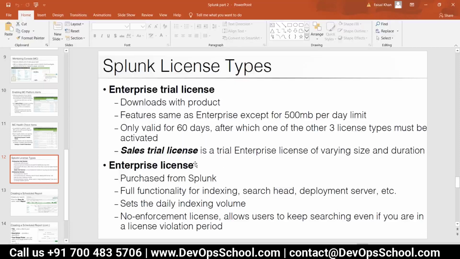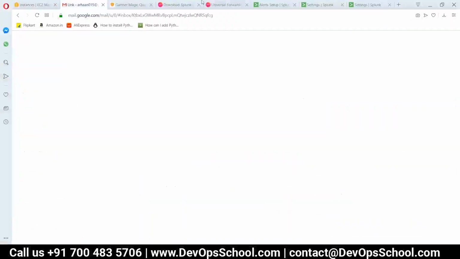Okay, guys, I hope everybody's back. Let's talk about licensing. We understand the basic working of Splunk, the monitoring console and all this. Now let's talk about the money term, license. There are mainly two types of license. The first one is the enterprise trial license, and the second one is the enterprise license. What I mean by enterprise trial license is, when you are downloading Splunk from this website,